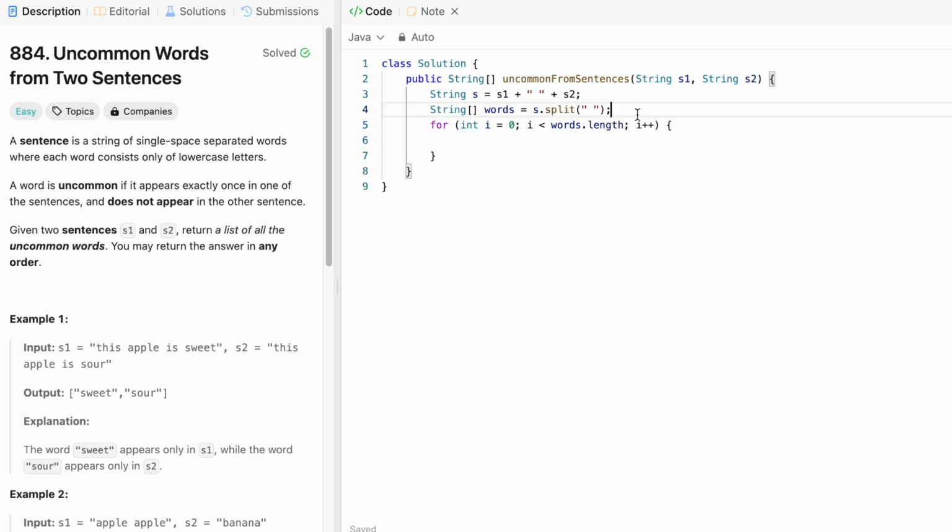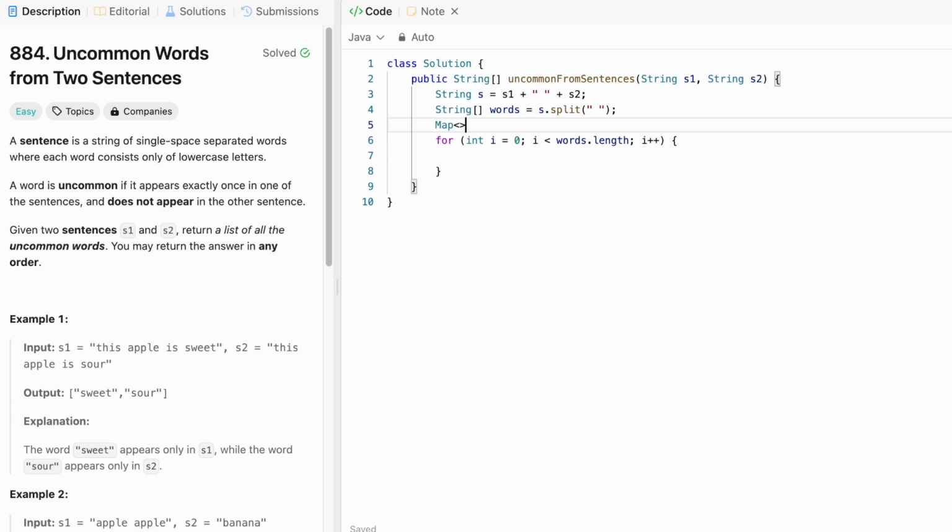And now let's create a map. I'm going to name it map. So in this map, the key is going to be the word, which is a string, and the value is going to be an integer, which is the frequency of that word. Now we have to insert elements inside this map using the put method. So the key is going to be a string, which means it is the word we are currently iterating. So words of I is going to be the key, and the value is going to be the frequency of